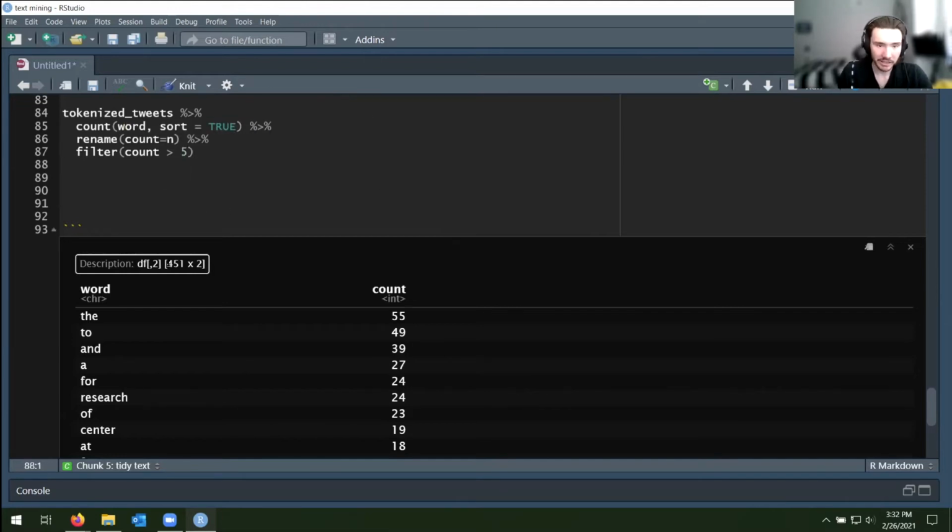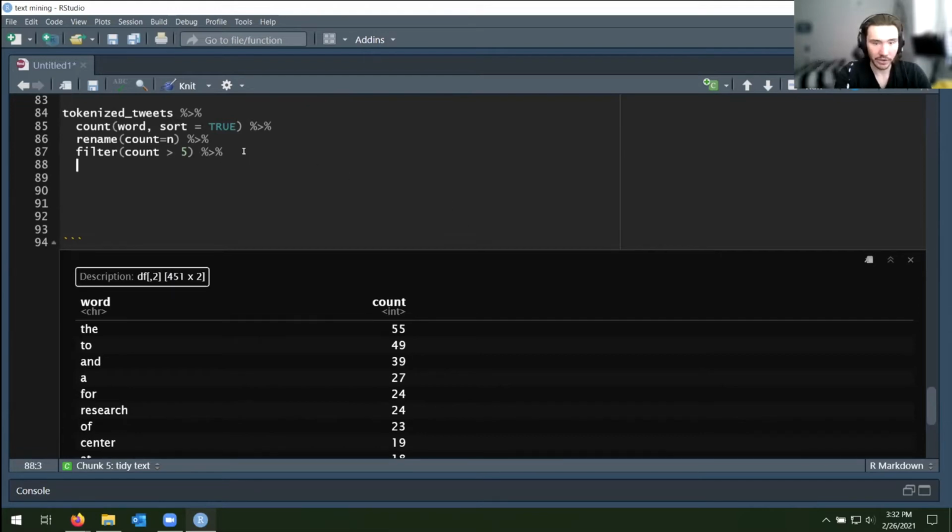This is because there are over 451 unique words throughout all of the tweets, and fitting 451 words on a plot is going to be nearly impossible to get everything looking nice in this case. So we'll just filter those small, not that important words out. Next, we also want to reorder